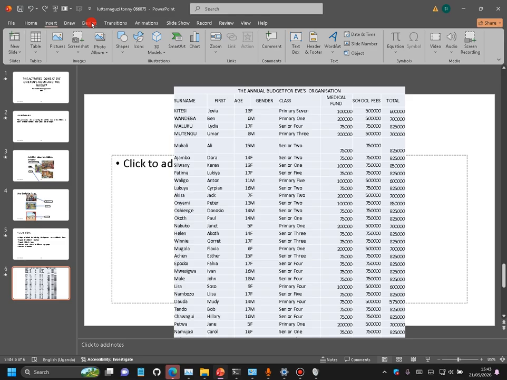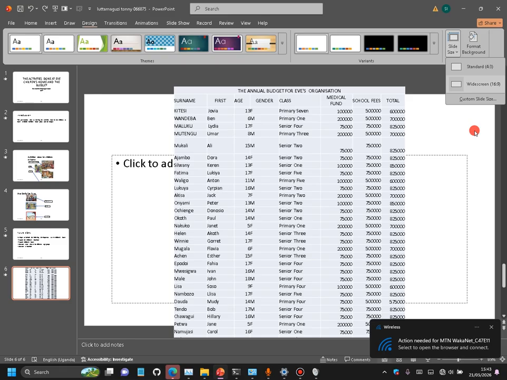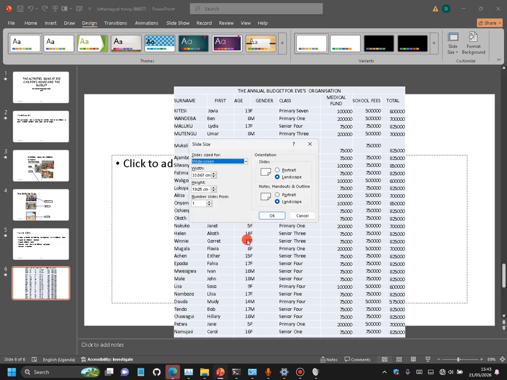go to design. You go to slide size here, and if you're using another version of Microsoft Office, you'll see different settings and different features, but most of these features can be understood and tracked. I'm using the latest Microsoft Office, but those using 2007 will see similar features there, or named in a different way. So